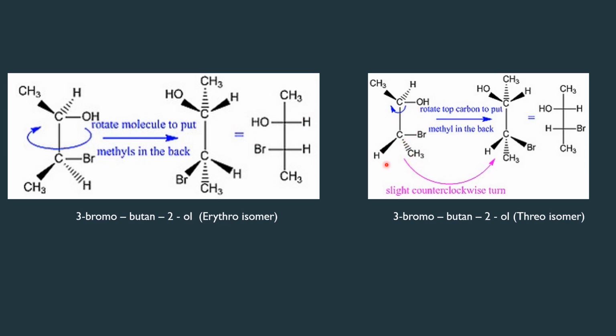Once again, we shall do a rotation about the carbon-carbon single bond to make both the methyl groups go away from us. Because while we draw the Fischer projection, we should take the alpha bonds in the vertical line and the alpha bond should contain the carbon chain. Therefore, we have done a rotation about this carbon-carbon single bond and we are making this methyl group go to the alpha side, to go below or behind the screen. So after rotation, now you have the methyl groups at the back.